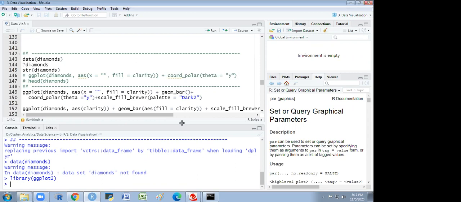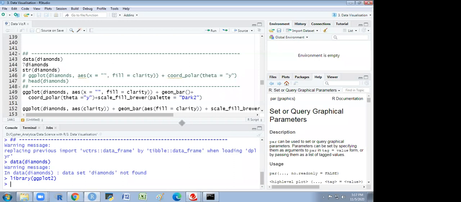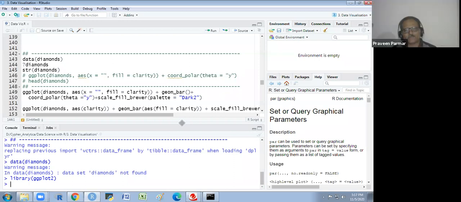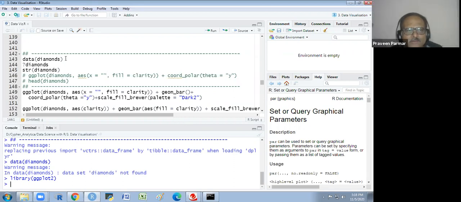You only install once, and whenever you require it, you import it. Once you import it, you can work the whole day until you close R. Next time you open R, again you have to import it. Okay, thank you.